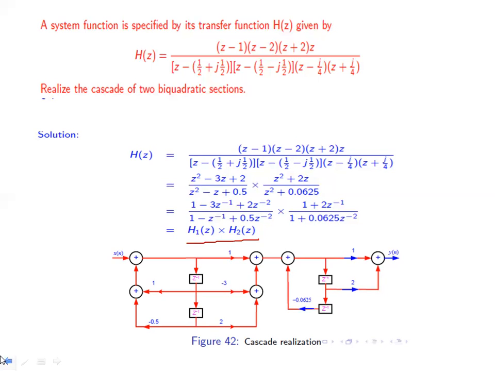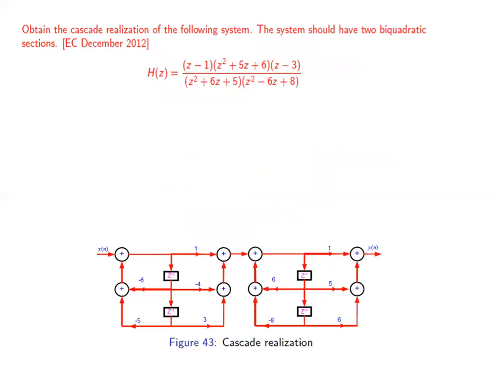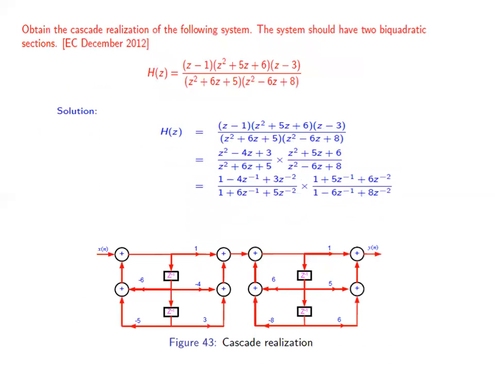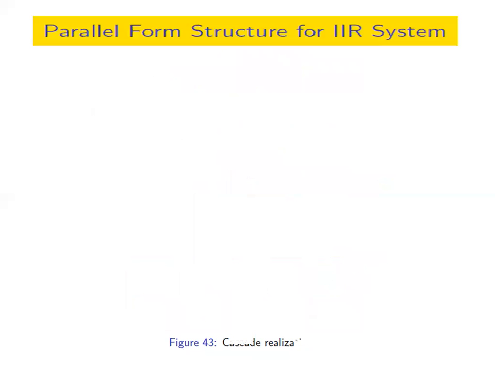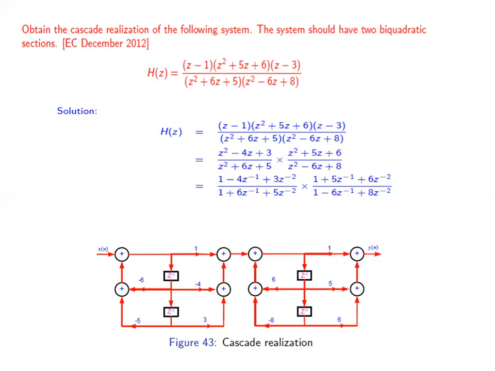As we have already solved many examples on this part, you can take these examples for practice. So this is all about IIR filter system design using a cascade form structure. Here we have discussed the IIR filter system as well as IIR filter realization in direct form 1, direct form 2, and the cascade form structure.